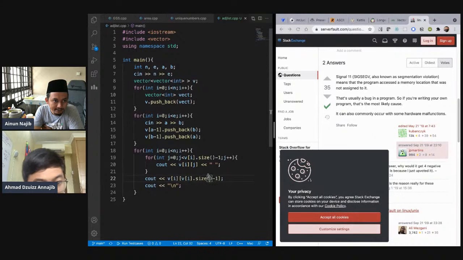Vi is a vector, right? A vector inside the larger vector, right? So if it's empty, what happened? What is the size? 0. That means what is the index that you're calling there? -1. Yeah, -1. It's an invalid index. Oh. So what do you need to do to make sure that